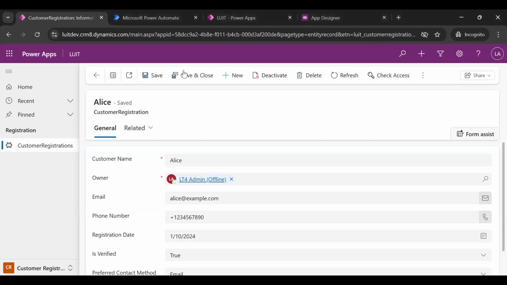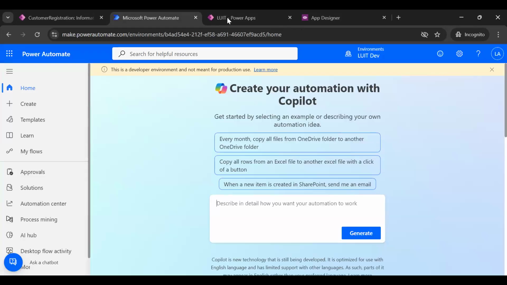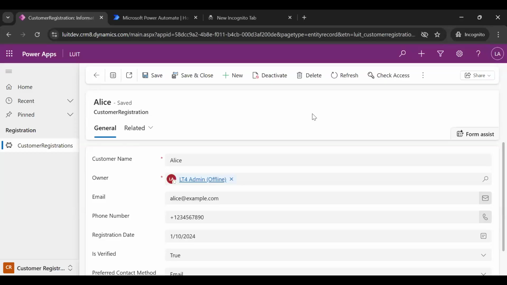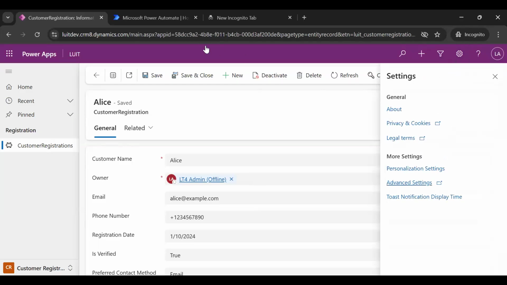Okay, so first we'll be checking the business rules, and then I'll go to the JavaScript so that you'll get an idea. I'm not trying to waste your time, I'm just going to explain so that you're able to relate why we are going with JavaScript instead of the business rule when it is so easy. Okay, I'm going with the advanced settings,